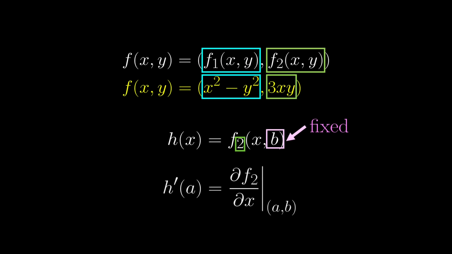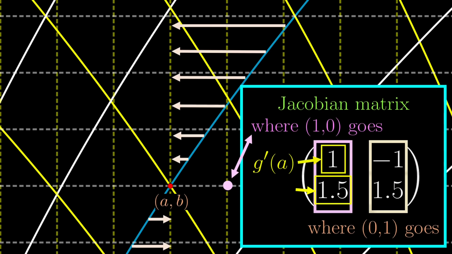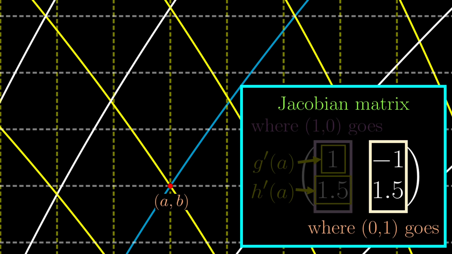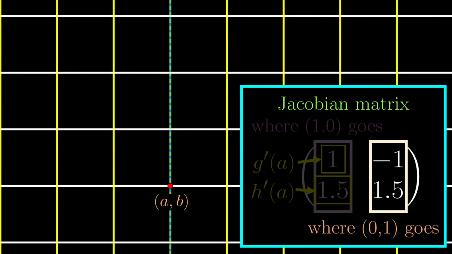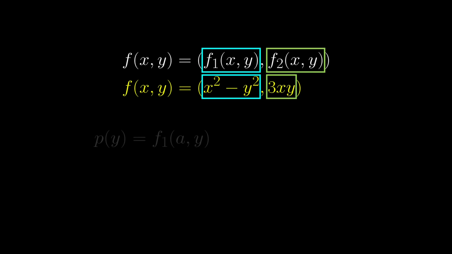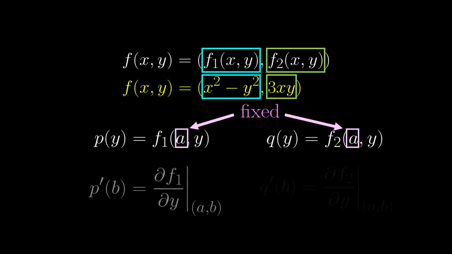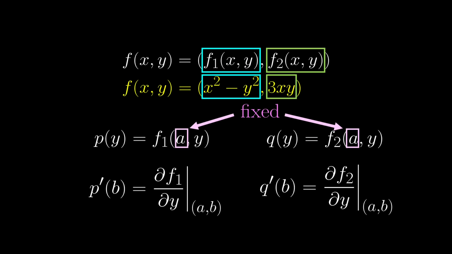And similarly, we can denote h prime of a using a similar notation, so now the second entry is equal to h prime of a. What about the second column? We now consider yet another function, but on the vertical line instead, because we want to see where this point on the vertical line goes. So this time we define two other functions that are fixed in the first input instead, and we have a very similar notation for their derivatives.